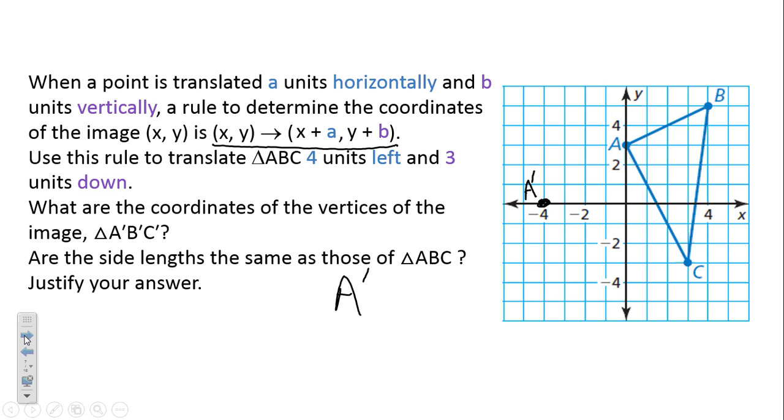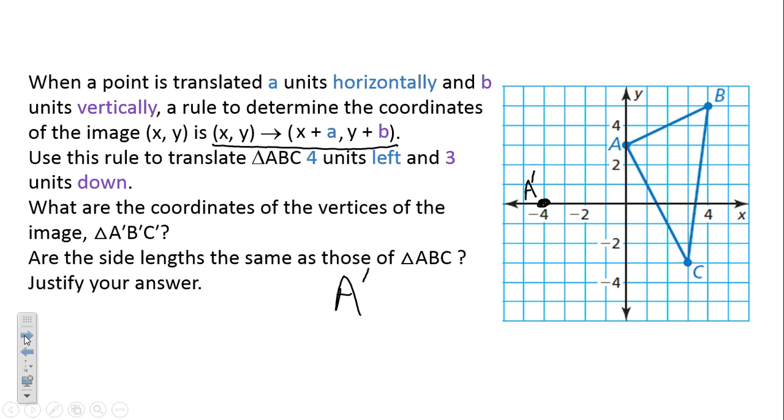Now translate B, 4 units left and 3 units down, and call it B prime. Then translate C, 4 units left, 3 units down, and call it C prime. Then connect the dots,